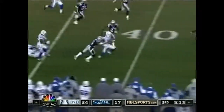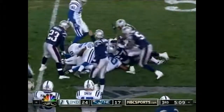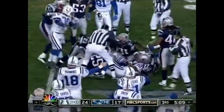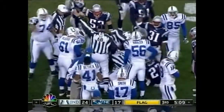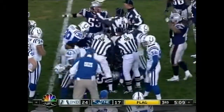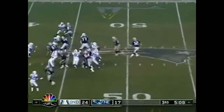Wilkins from the 3-yard line, and Wilkins with a big run back and then loses the ball. Gostowski is there contending. New England has it. There's also a penalty marker down at the 37-yard line. Artrell Hawkins, number 25, created the fumble. New England comes up with the ball, and let's see about the penalty flag at the 37. The ball is at the 46-yard line. Brady, down by 7 points,